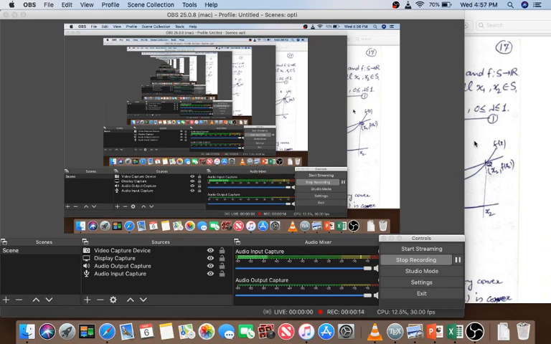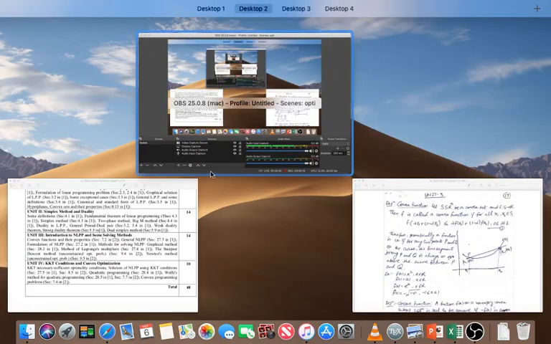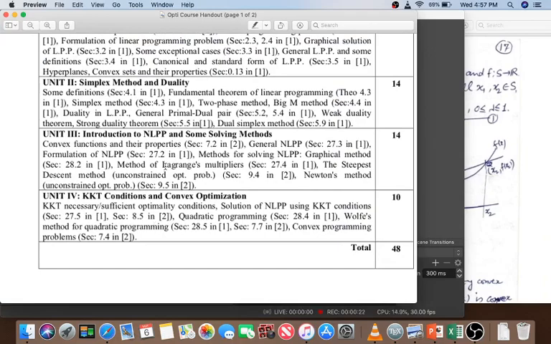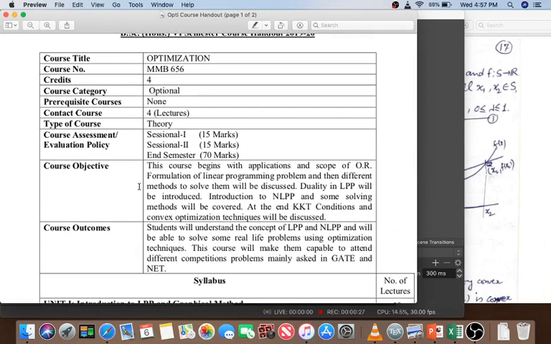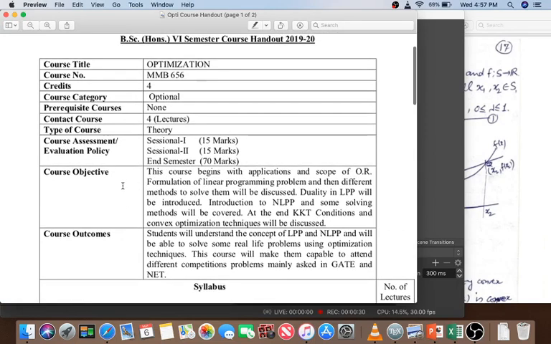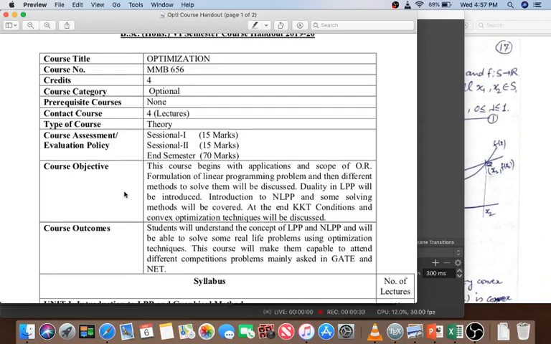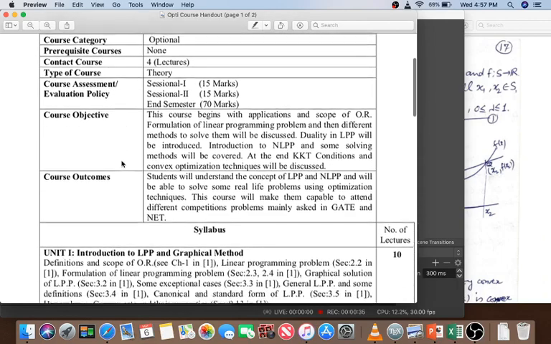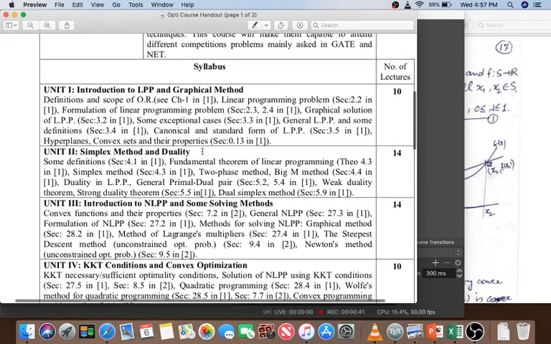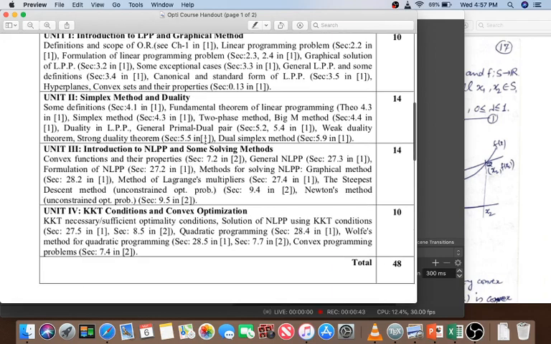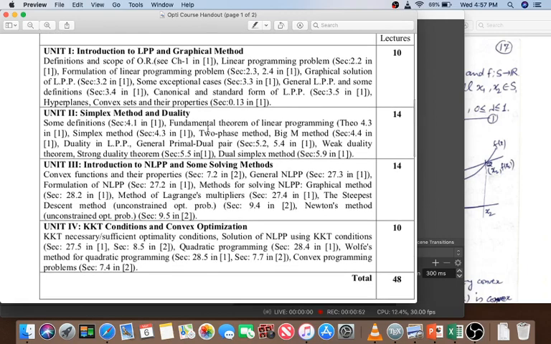So, I have prepared this presentation for the optimization students. As you know, this is the course handout. You can have a look. I hope all of you must have this course handout. Otherwise, you can download it from my departmental homepage. And we have already covered unit 1 and most of the part from unit 2 before lockdown, and you have also submitted nicely your assignment 1, which includes problems from unit 1 and unit 2.